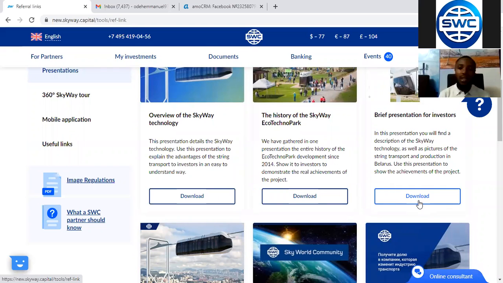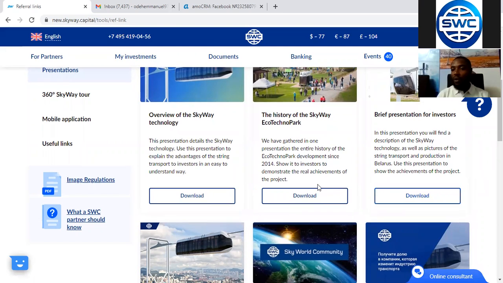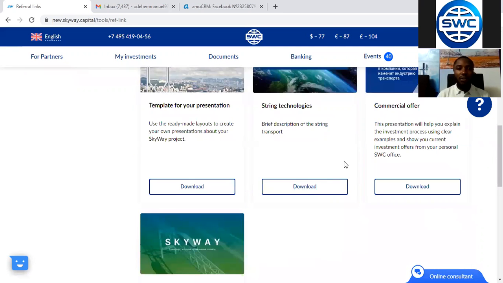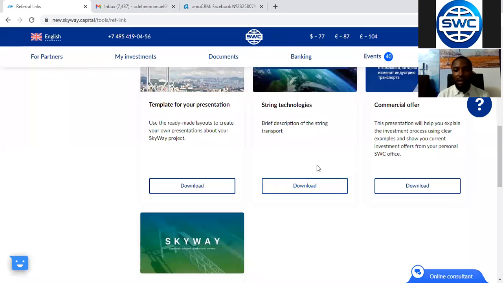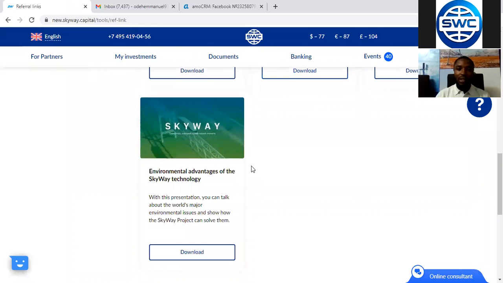So you can organize a Zoom presentation, just having a discussion with your prospect. Just like I've said, it's like having a date with your prospect, going on a date. So getting to know each other, getting to know about the technology, and also make them know that you care about them always. Okay. So now you just click on the download, go to their page, download the presentation and put it up on your system and go to your Zoom presentation and do 100% on that.